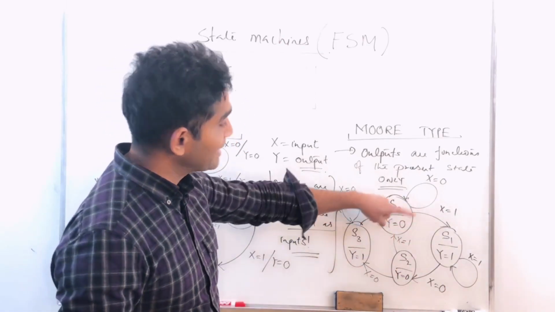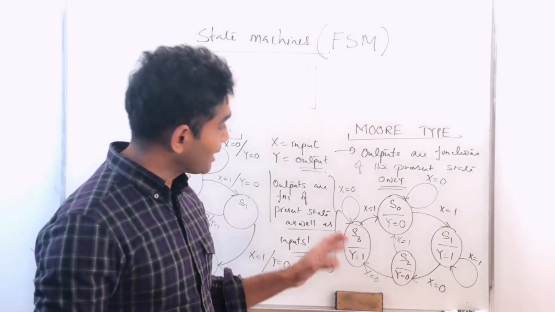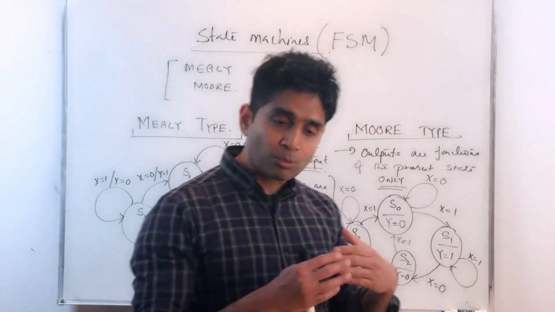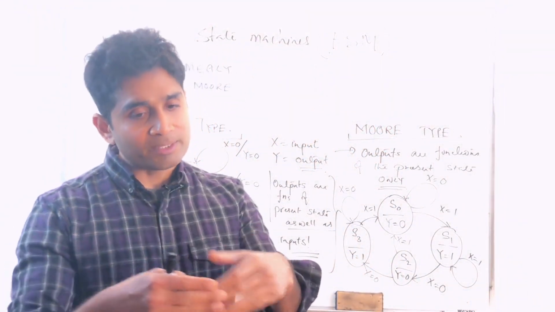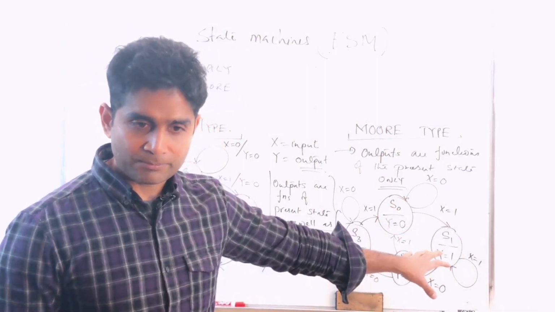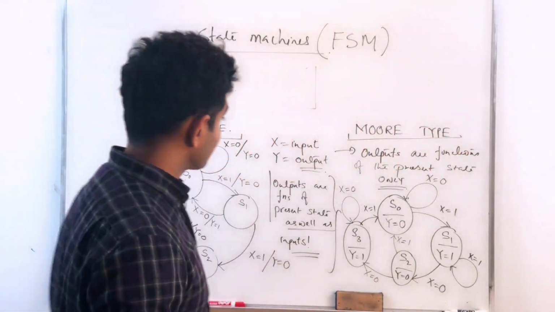So even if my input changes during a clock cycle, my outputs are fixed. My outputs don't change unless I have a state transition occurring. Unless I move from one state to the other, which is anyway synchronized with the clock, my outputs are always synchronized with the clock. So you can also call these synchronous state machines, because my outputs are